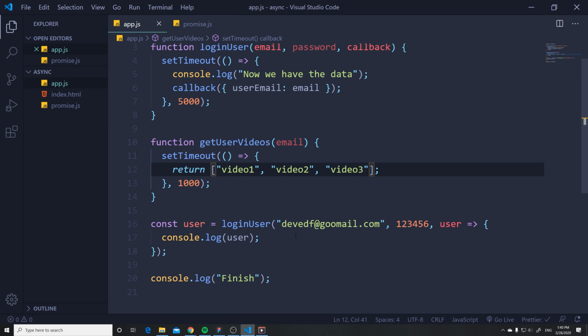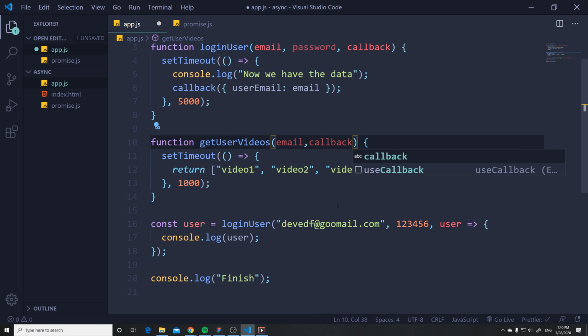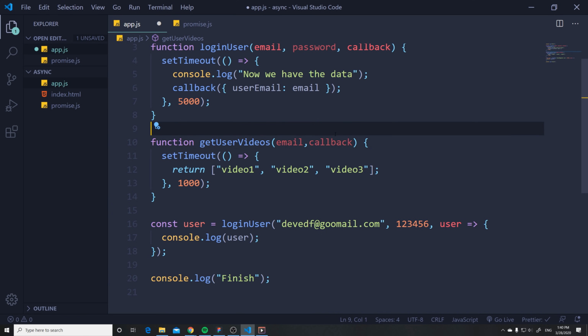Again, if I want to run this after I get the user information back, what I would do is again add a callback to this. So go to the get user videos, add a comma callback, just like that. All right. And what you do is you replace the return here with the callback. So when you invoke this function,